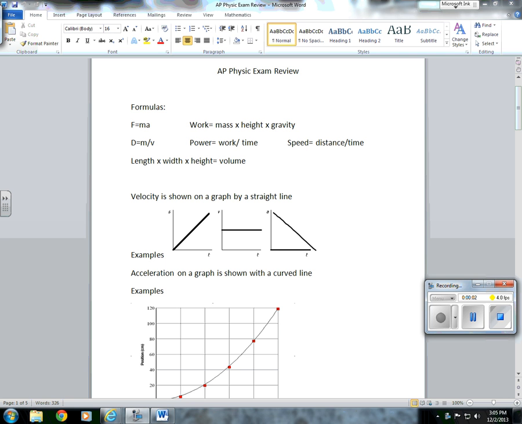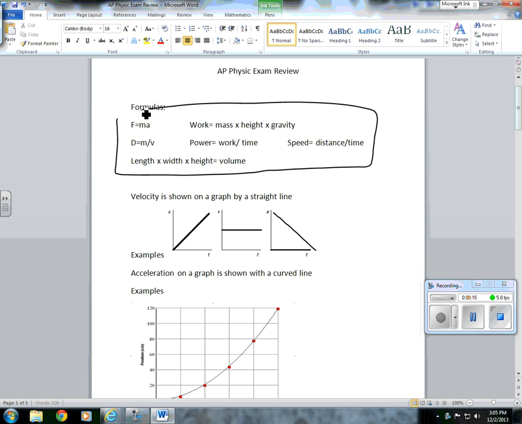All right, today I'm going to review you for the physics exam. Remember that it is a two-part test. First part is multiple choice. The second part is free response. First, on your test, you will be given all the formulas that you need to calculate force, density, speed, volume,